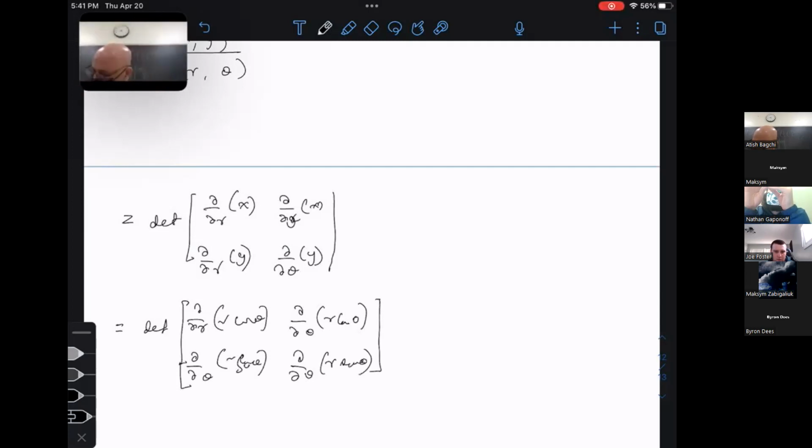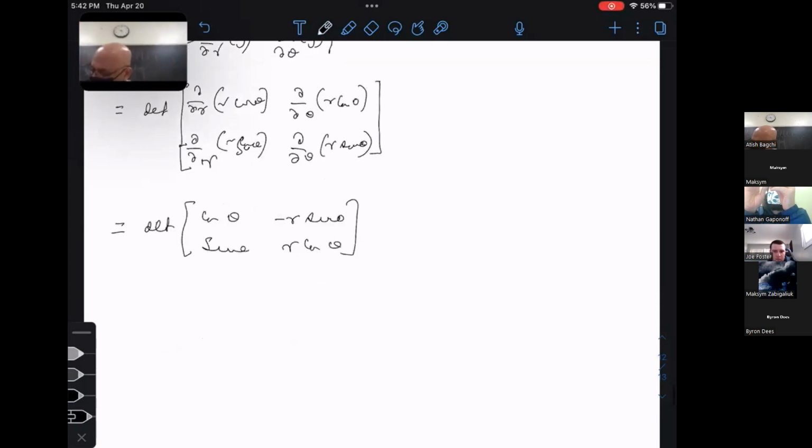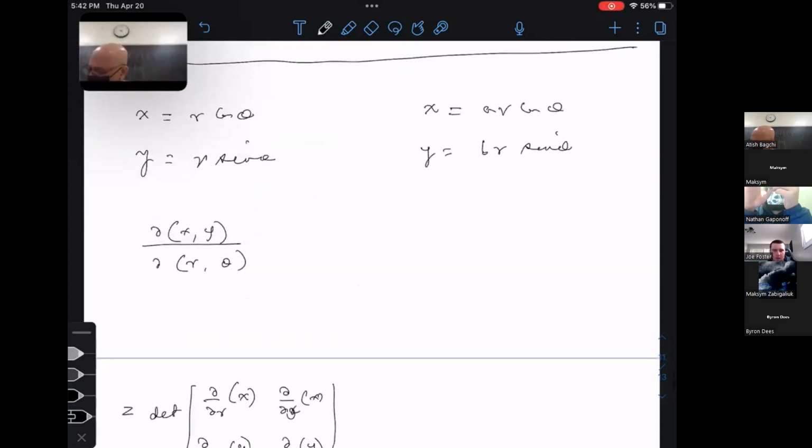So the determinant of cosine theta, minus r sine theta, sine theta, and r cosine theta, which is equal to r cosine squared theta plus r sine squared theta, which is r times (cosine squared theta plus sine squared theta), which is r times 1, equal to r. And on this side, I do exactly the same thing,